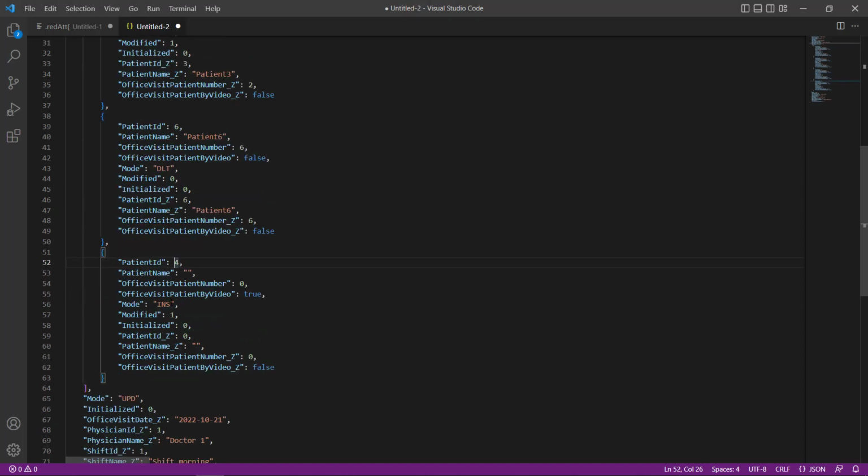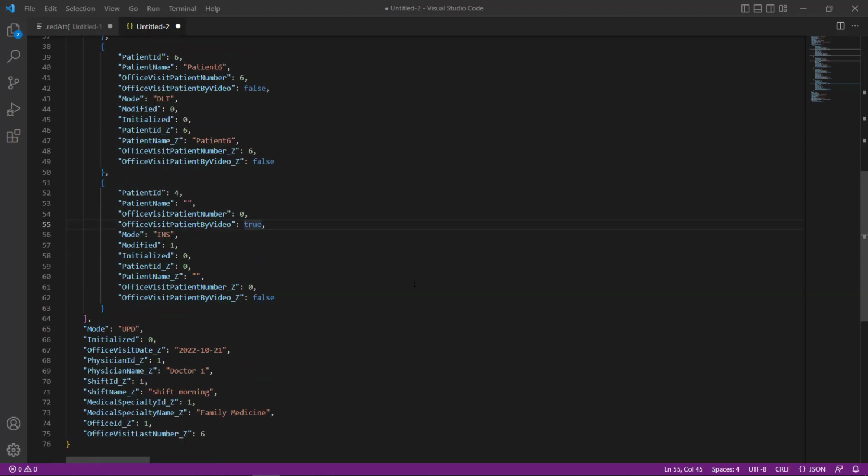And finally, number 4, which is marked as new. It has the by video property set to true as we indicated. This false value is due to a default rule in the transaction to enter all new patients with this value. This BC is like this in memory. We still haven't given the order to reflect these operations on the database.